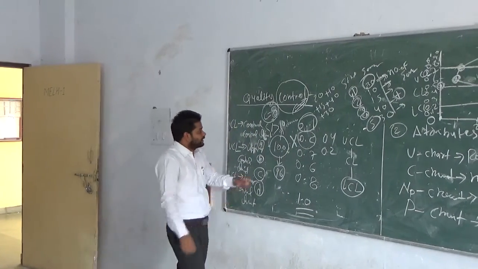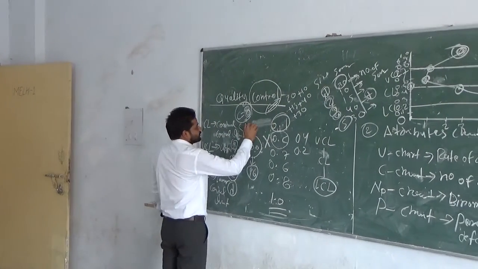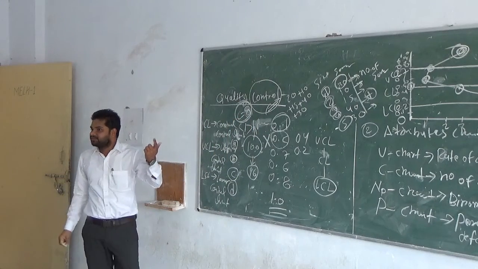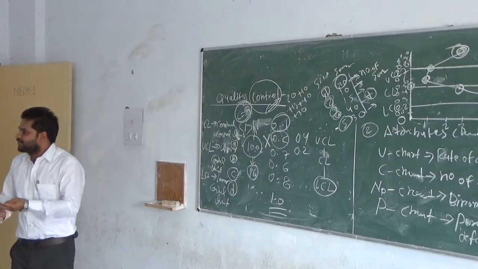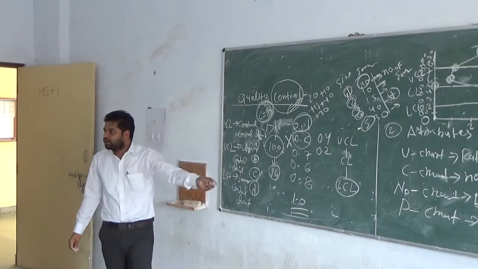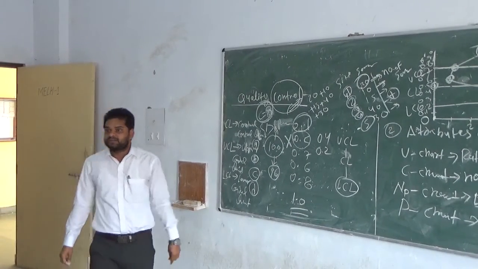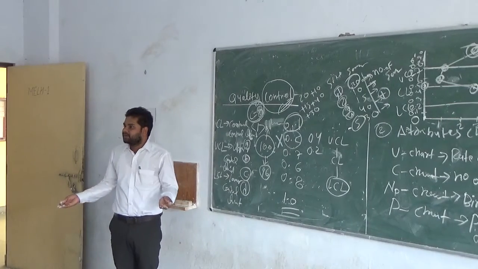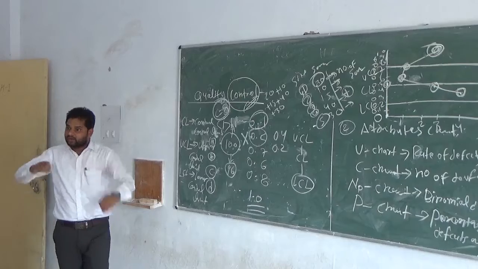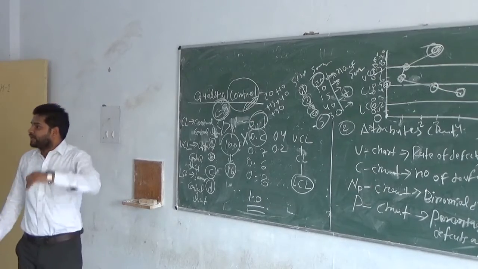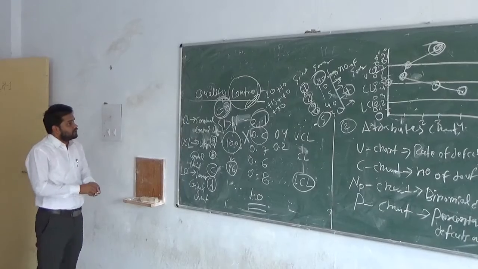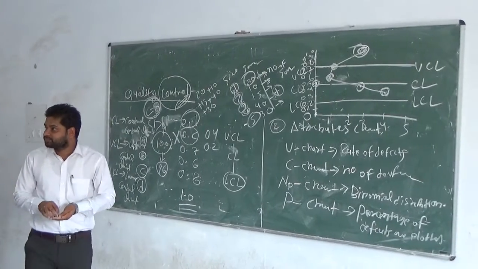Like in the case of one fruit damaged and the range is 8, we can easily ignore it. One product is no problem. So this is under the UCL, upper control limit, or lower control limit. The central line is what? All products are good, so we can easily accept. So how can we go up? How can we go down? Maximum and minimum, how can we achieve? So this is the chart.